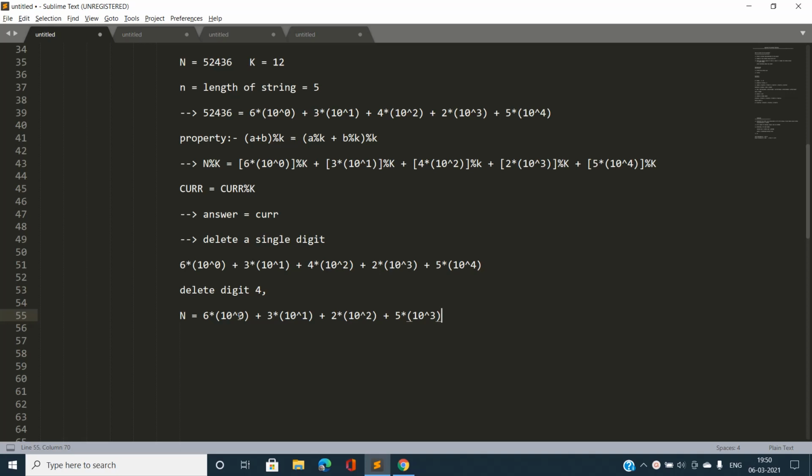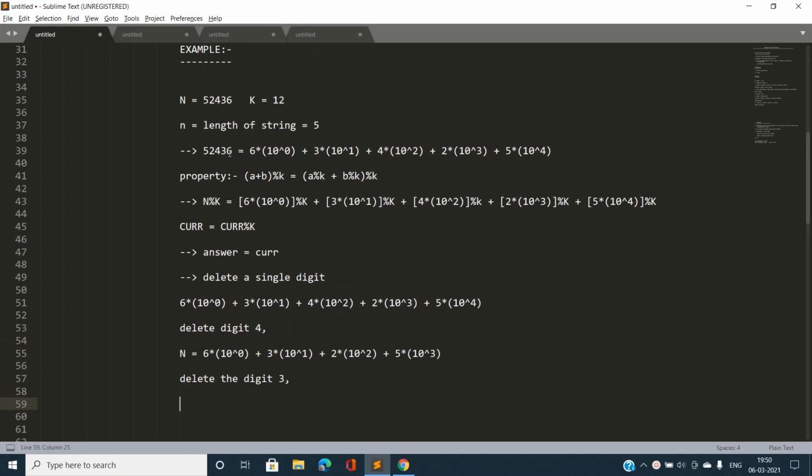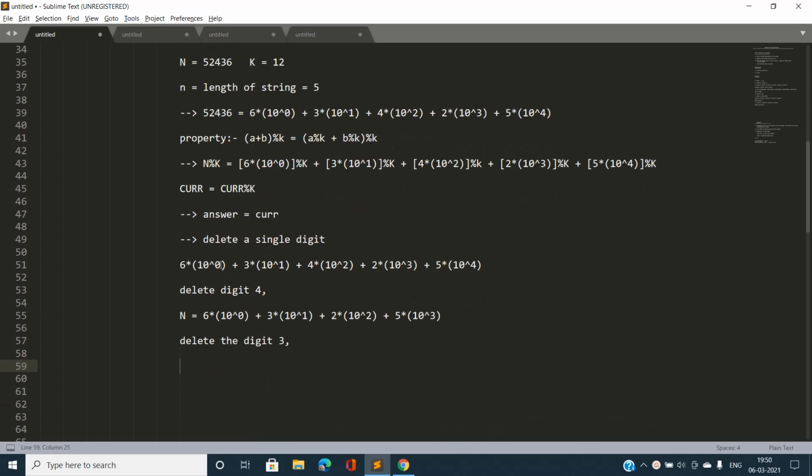So that is if we delete the digit 4. Now let us understand another case. Let's say I'm going to delete the digit 3. What were the changes that I have to face if I'm going to delete the digit 3? All the digits that are to the right of digit 3, that is only 6, will remain the same.